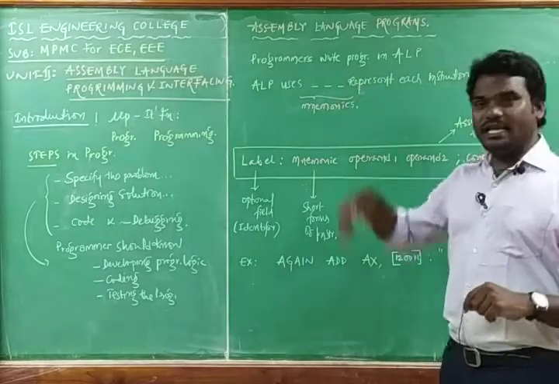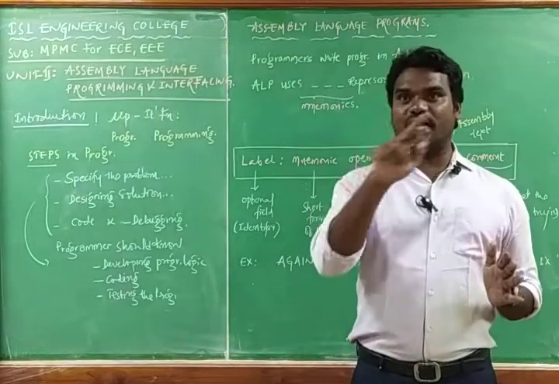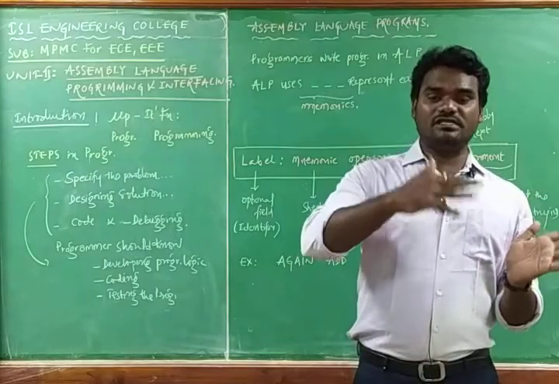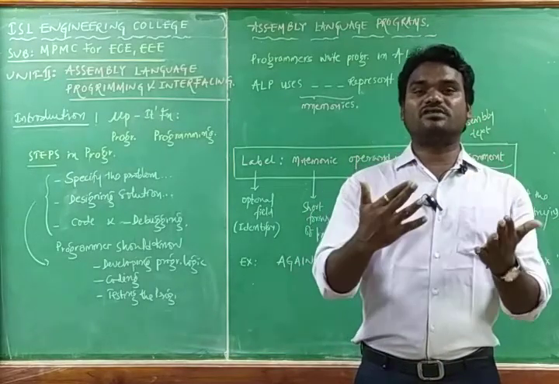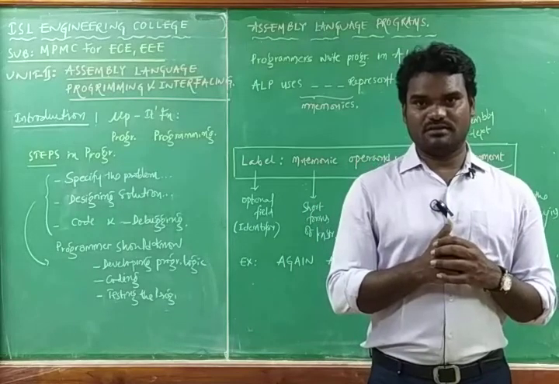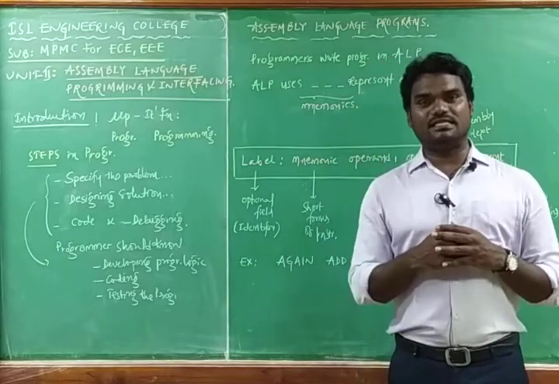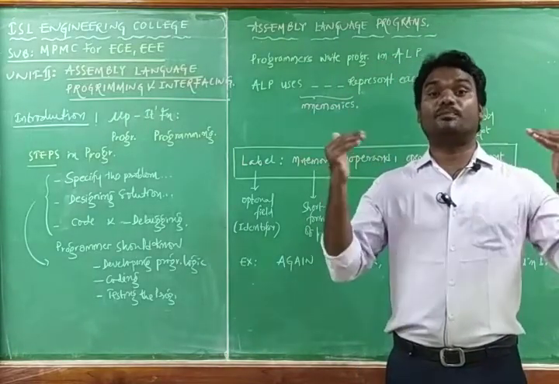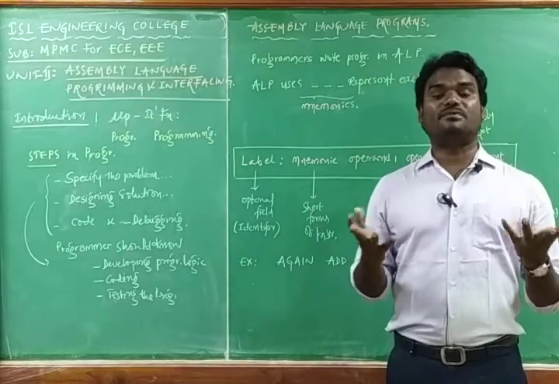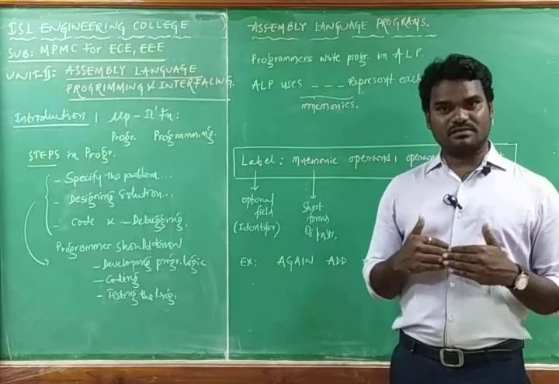For example, an instruction is specified as JMP. That means jump. These instructions tell the processor to jump from one location to another location to access the data. For example, an instruction is given as ADD. It is a 3-letter instruction. Add means it has to perform addition. Instruction is SUB, that is sub. Sub means subtraction. It has to perform the subtraction of 2 hexadecimal numbers.